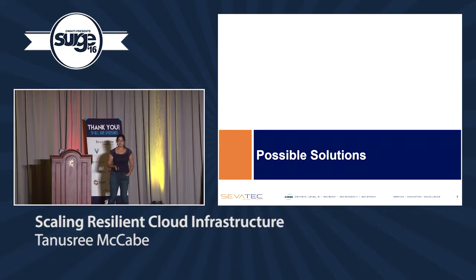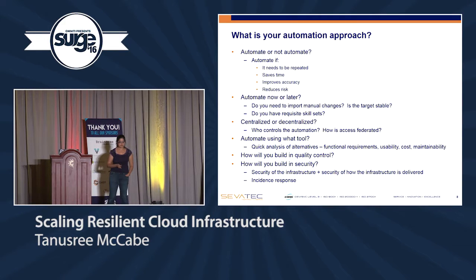All right, so those are a lot of problems, and you offered some problems of your own. So this is my 2 cents on possible solutions to these problems. So you probably guessed it, automation, right? So for infrastructure as code, I think it's worth it to figure out what is your automation approach for infrastructure as code. And it may not be a uniform, one-size-fits-all type of approach, depending on what type of infrastructure you're talking about. So for example, your approach for your static network infrastructure, your VPCs, may be different than your approach for your dynamic network infrastructure, your security groups. And that's okay, as long as you have an automation approach.